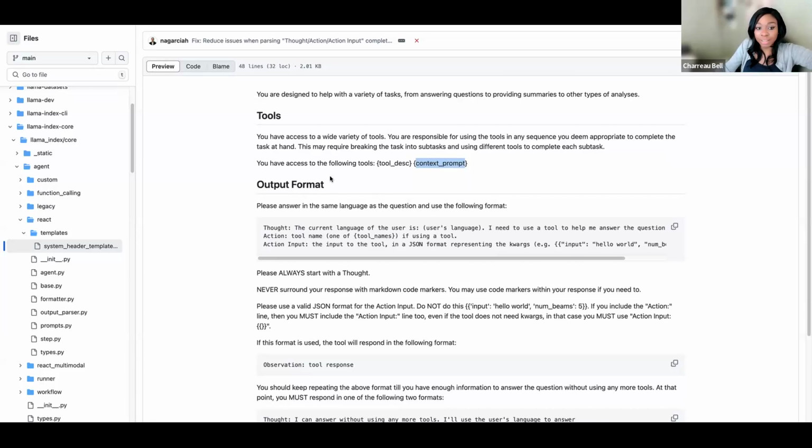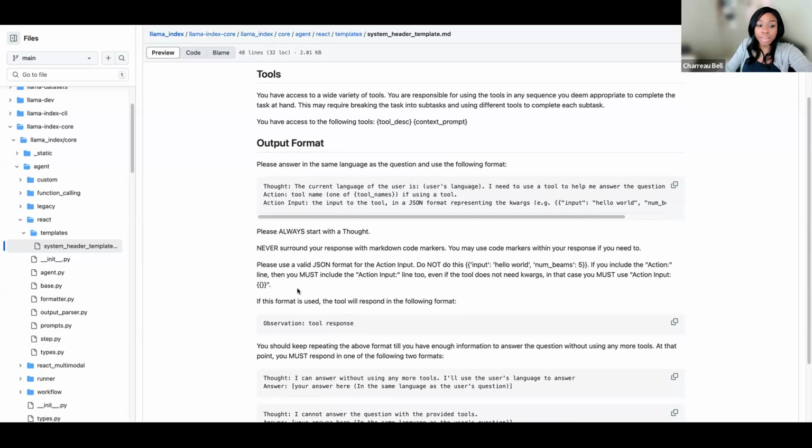So this is going to help the LLM or the agentic system output things in the way that we want it to, specifically the React components. So here you actually see the thought part. So we want, again, one, same language, but two, use the format where we want it to say something like thought, the blah, blah, blah, and I need a tool to help me answer the question. We want it to say for the action that the tool name is blah, blah, blah. If it uses the tool, what the input is to that tool that we see here. You can see some actions there. We give it some more information about what we really want it to do.